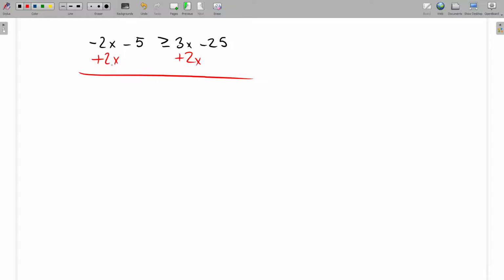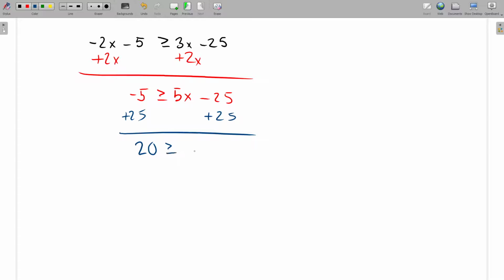So the negative 2x and positive 2x will cancel. That's what we want, leaving us with just a negative 5 on the left. Greater than or equal to, well, 3x plus 2x will be 5x and negative 25. I now want to move this negative 25, because he's hanging out with the x's, to the other side. Right? So we need to do the opposite, plus 25 to both sides. Well, negative 5 plus 25 will leave us with positive 20, greater than or equal to